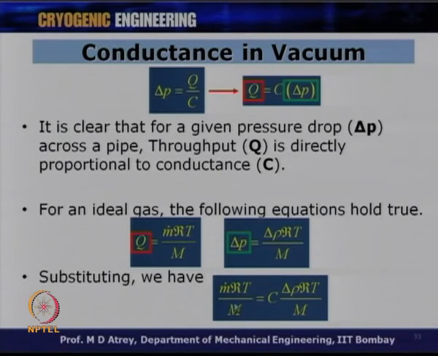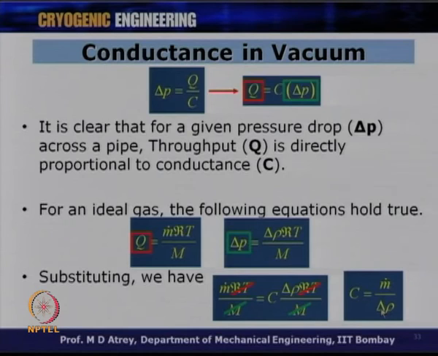So, now from here we can cancel out RT and RT, we can cancel out m, and we get therefore the relationship between m dot and conductance and delta rho. From here we can see that this will get cancelled, and I get C is equal to m dot upon delta rho. So, now my conductance is nothing but mass flow rate divided by the delta rho, the density